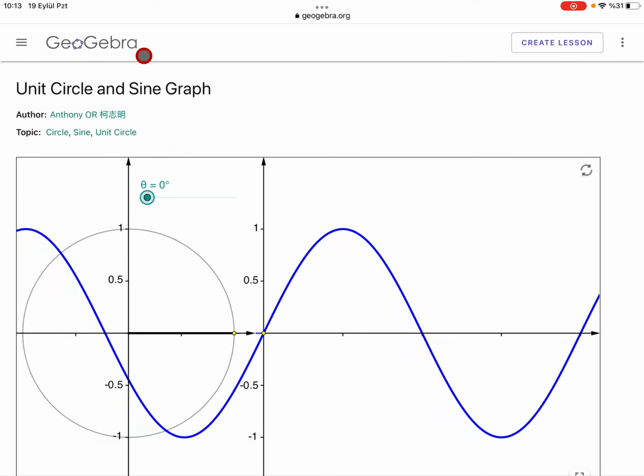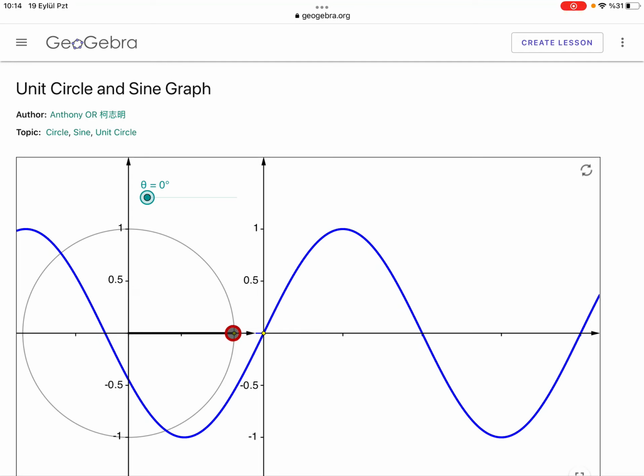Okay, now we talk about the graph of the sine and the cosine function. Imagine that the point P moves in counterclockwise direction, starting at the point (1, 0) and stopping at the point (0, 1). If you want, you can continue. Then x is increasing from 0 to pi over 2.